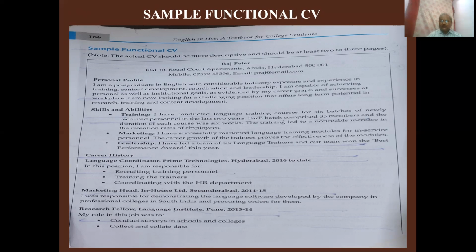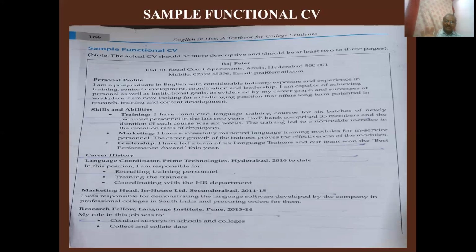So you have to present in such a manner that it is going to create a very good impression upon the employer. So this is the best way. When presenting your personal profile, don't just write only one line and leave it, because it's not going to create any impression upon the mind of that employer. Try to present your information in a very clear manner.